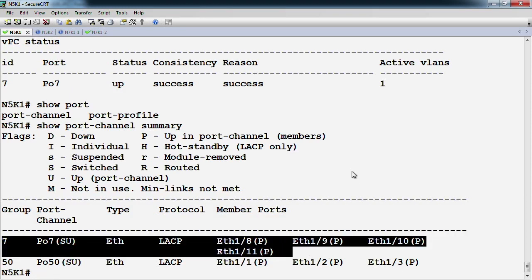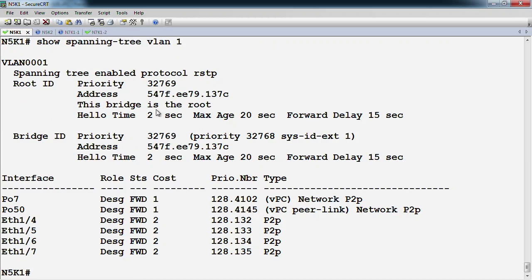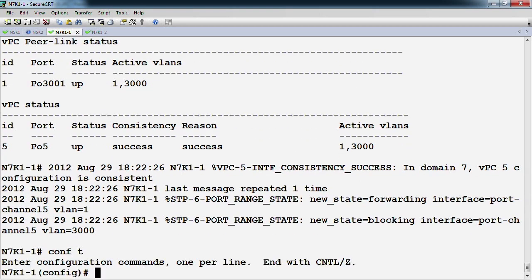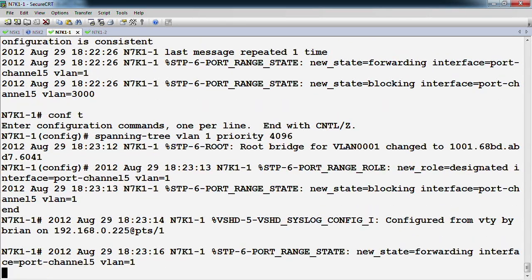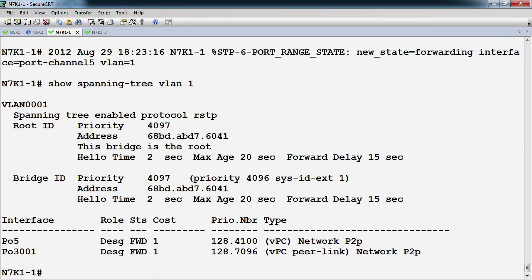And if we were to look at the show spanning tree, let's say for VLAN 1, for example, the 5K1 is saying I'm the root of the spanning tree. Okay, to clarify this a little bit more, let's go up to the 7Ks and let's actually change the priority. Let's say spanning tree VLAN 1 priority is 4096. Then let's look at what the result of the output of this for show spanning tree is on all 4 of these peers. If we show spanning tree VLAN 1,